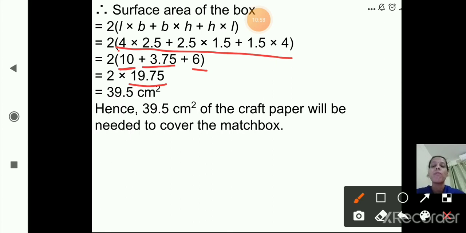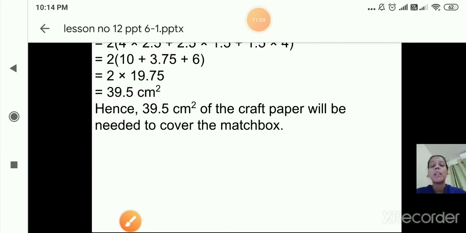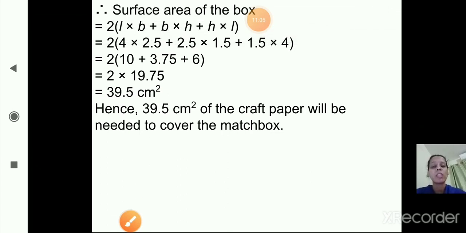So we have completed third question from practice set 47. Now only one sum is remaining, that is question number 4, that we will start in the next session. I hope we are clear with the third sum. So today we'll stop here. In the next session we will start with the last sum from practice set 47, that is question number 4.